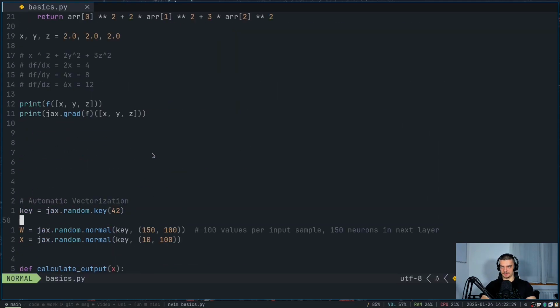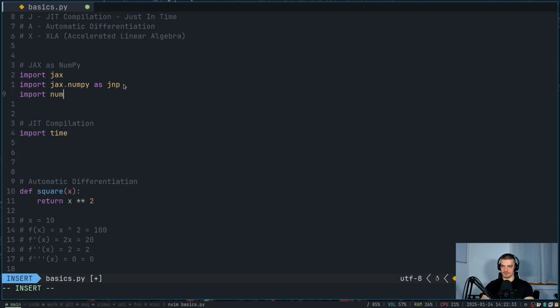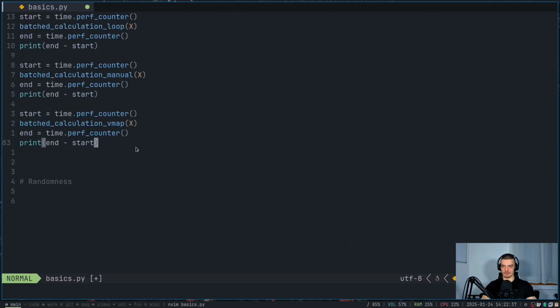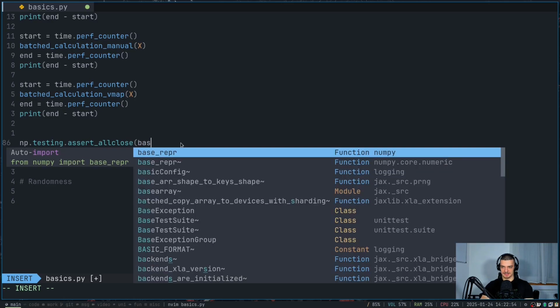Do we have NumPy still imported? No. So let's go import NumPy as np. And we're going to use the allclose assertion. So I'm going to say np.testing.assert_allclose. And we're going to assert that these three results are actually the same. For this, I want to know that the